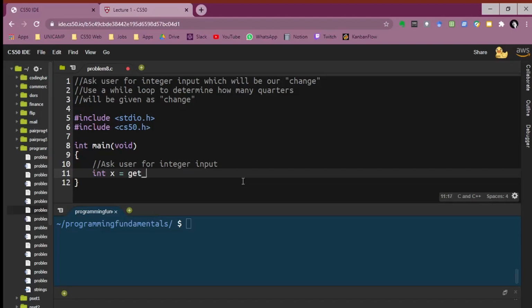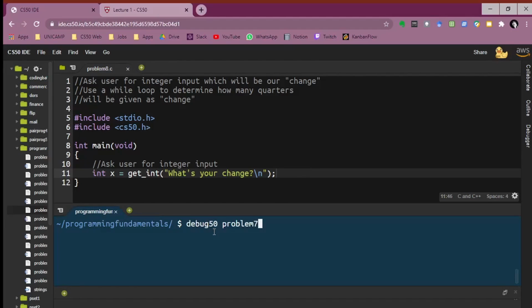And in this variable, I'm going to store the value that I'm going to get by the getInt function that CS50 has included. So I'm going to write here a message that is going to appear in the terminal in order for the user to understand what he has to put when running this code, okay? So we're going to write "What's your change?" So this is the message that is going to appear in our